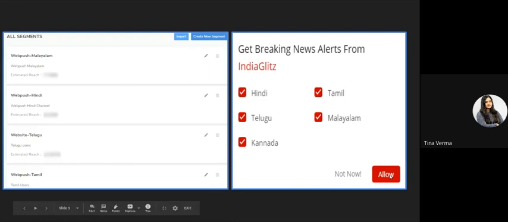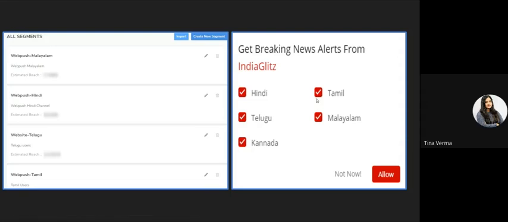From there on, I will receive notifications only in Hindi, because Hindi is what I can relate to. As you can see in the left image, these are the segments that are created based on language preference. Again, these are not limited to these languages only. You can add as many languages as you want based on the visitors coming onto your website.